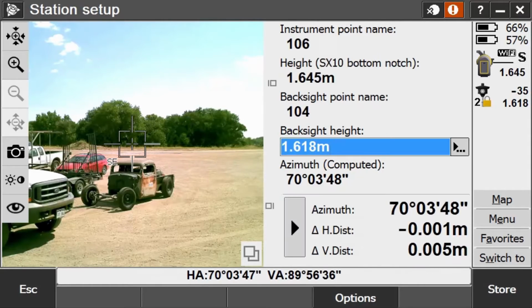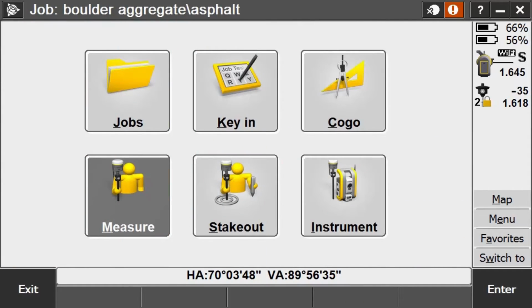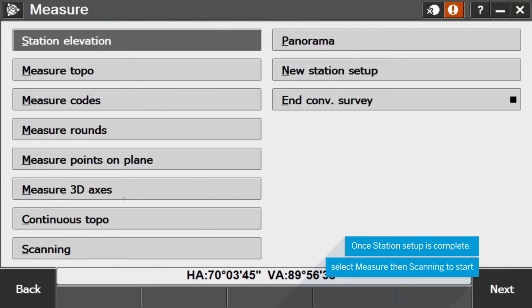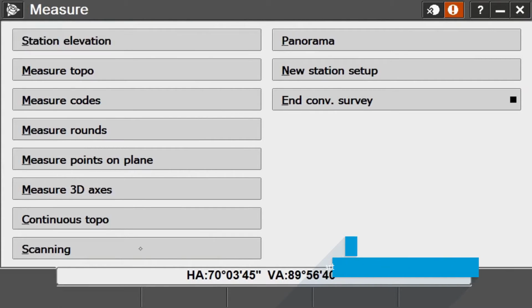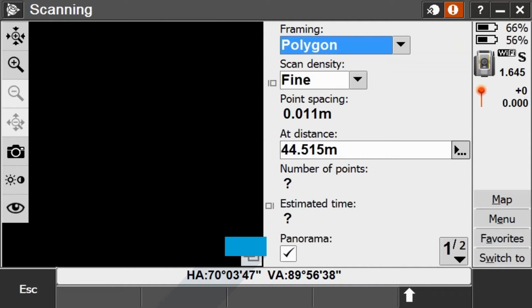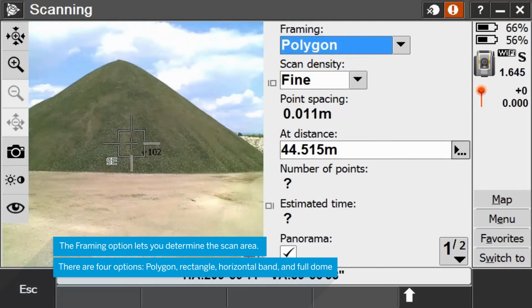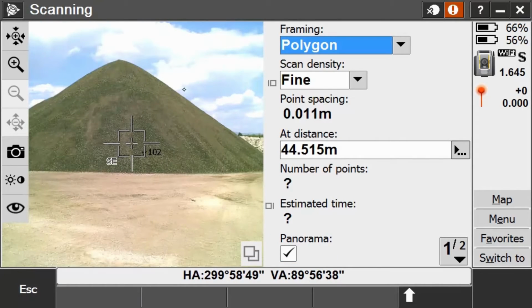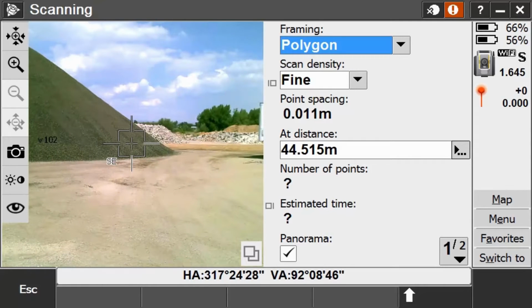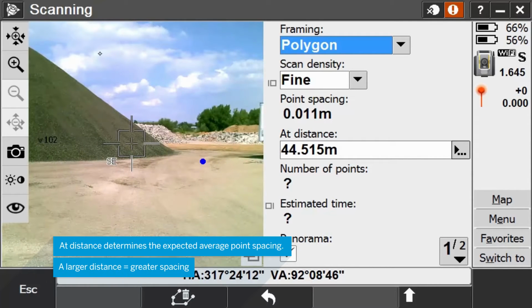Performing scans with the SX10 is as simple as taking a topographic point measurement. In the scanning command, there are several options for point cloud and image collection. The polygon frame is perfect for narrowing the scan area to ensure that only objects you wish to survey are collected. As well, this decreases the scan time and the size of the point cloud file, allowing the user to